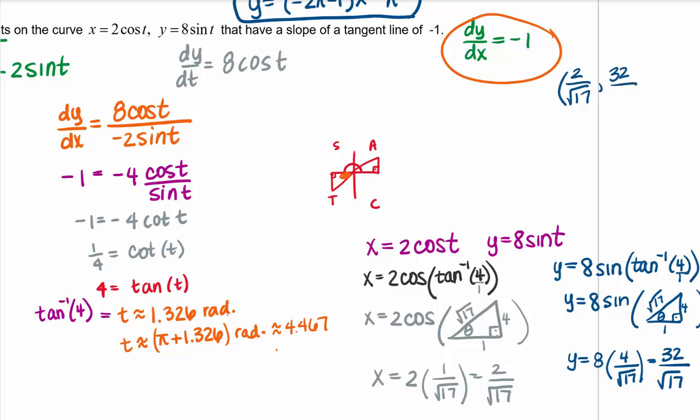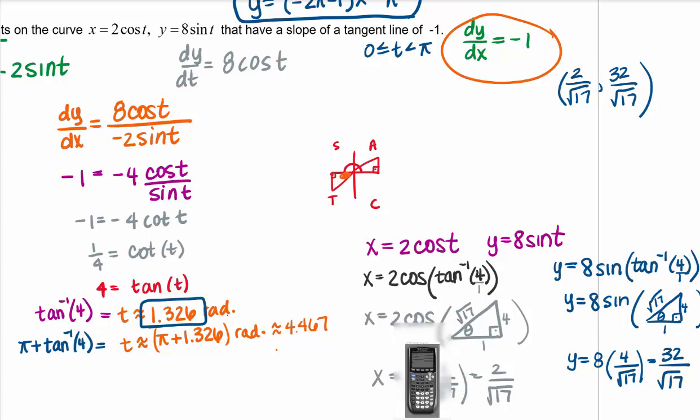And again, depending on if they limited you to 0 to pi or not, there's one of them. And then the other one is going to be pi plus inverse tangent of 4. So that exact would be a little bit trickier to find at this time. So my guess is these are ones where you would be limited not to 4, but to pi. Okay. Now, if it didn't say exact, you could certainly take this 1.326 radians here and say that x equals